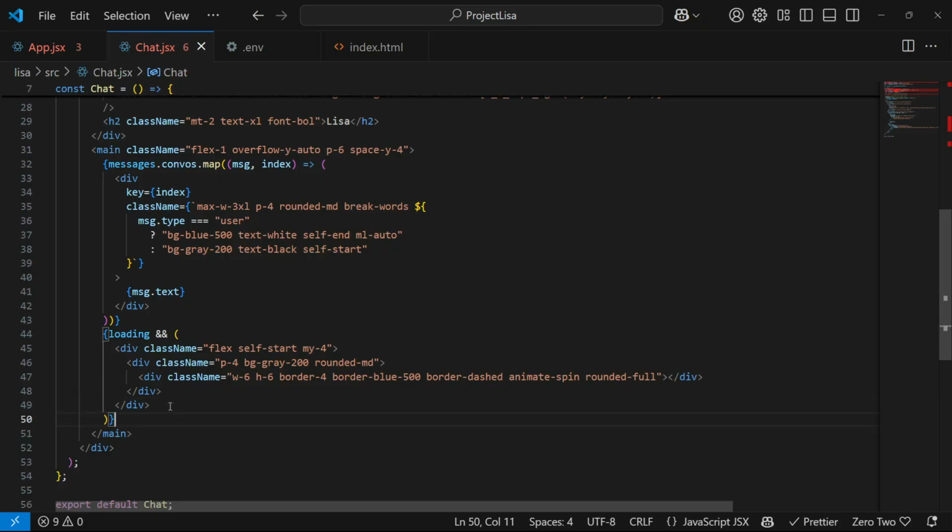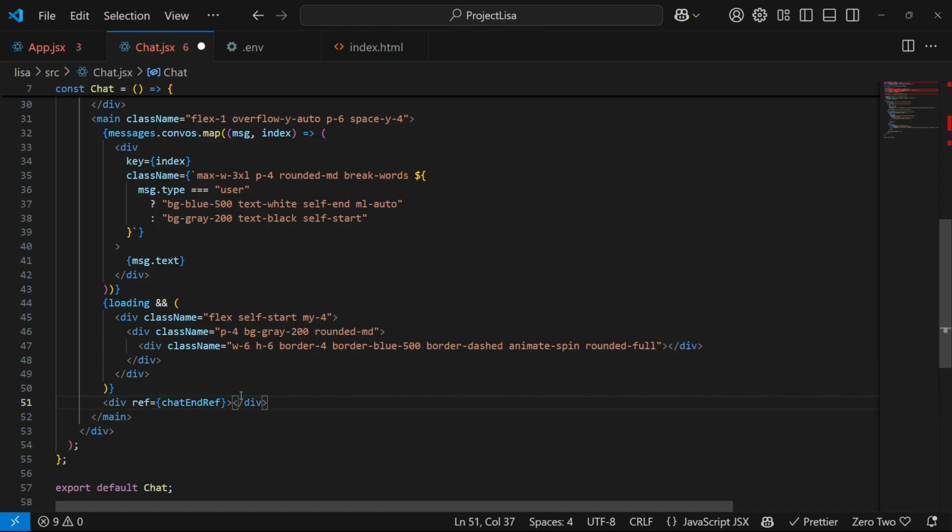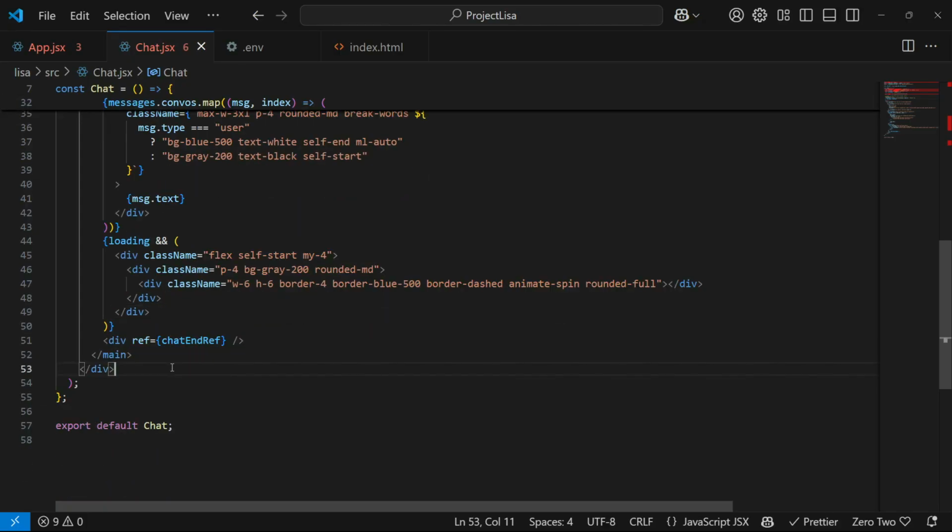after this div, after this loading spinner, we are going to give this div the reference of the chat end. This is for automatically scrolling to the bottom of the chat, and this div will act as a marker for the chat end reference for scrolling to the bottom automatically. Okay, so save this, and then we will have